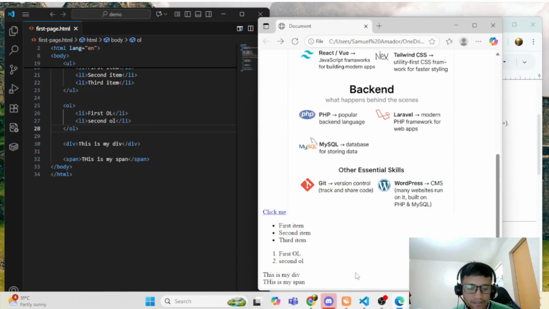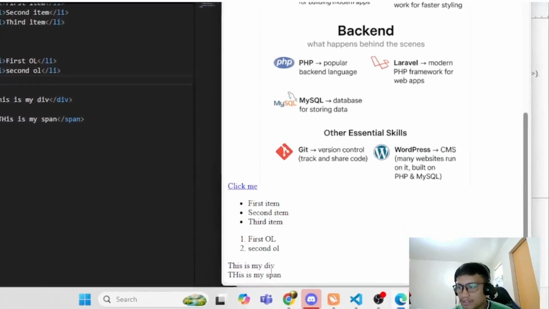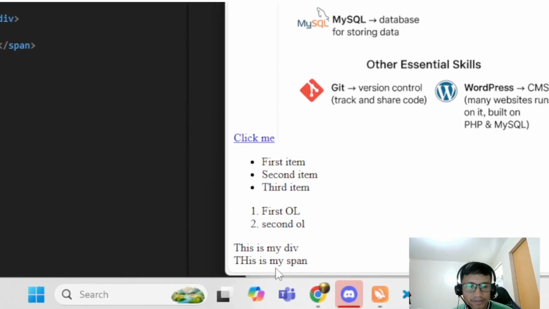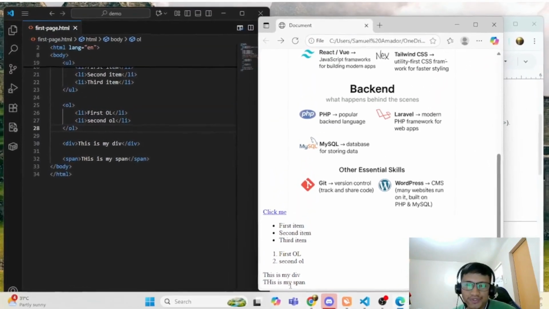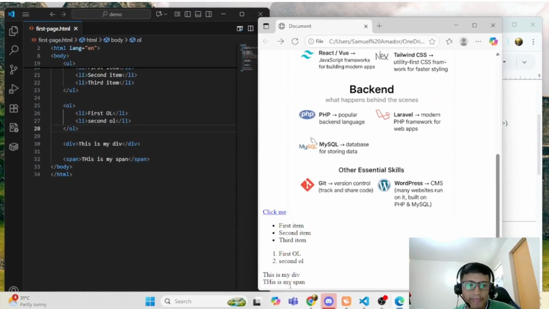Okay, so this is the result of div and span. So it looks so similar for now. But later when we go to CSS, you can see the difference between div and span.